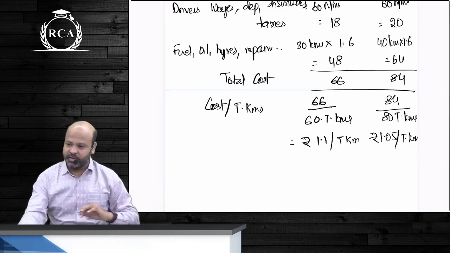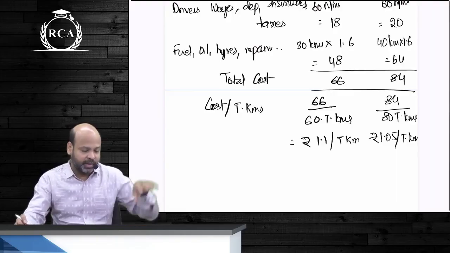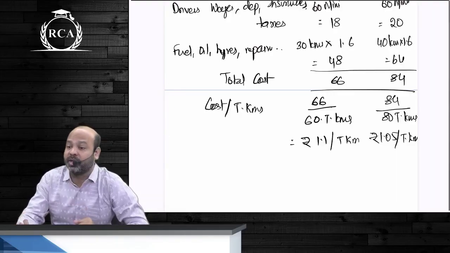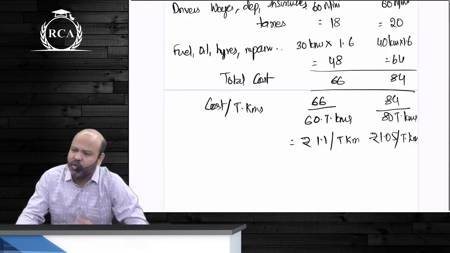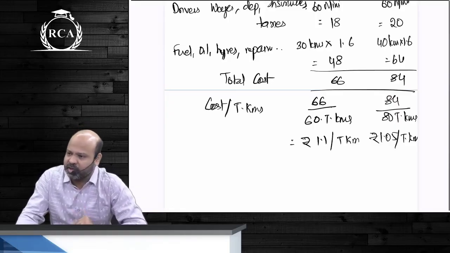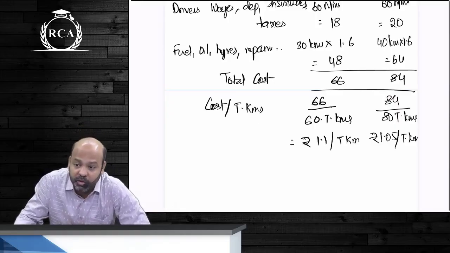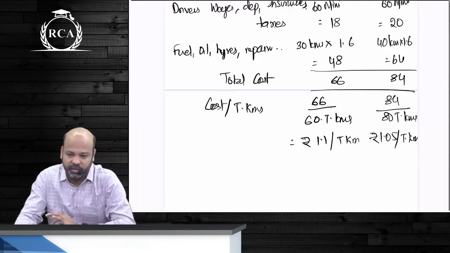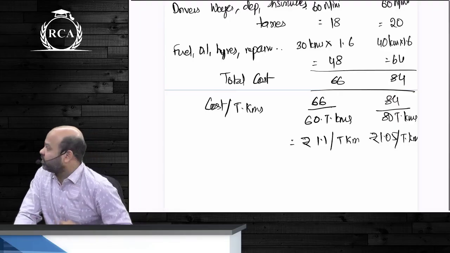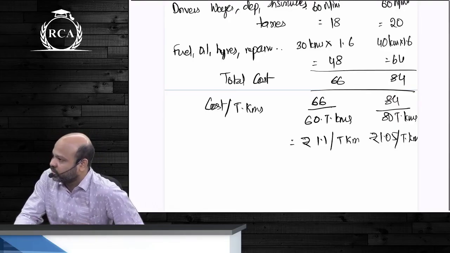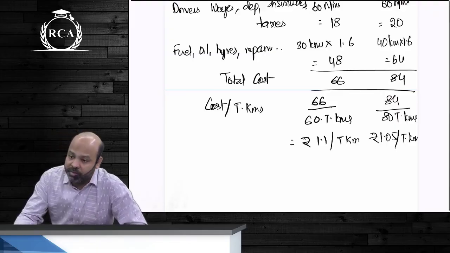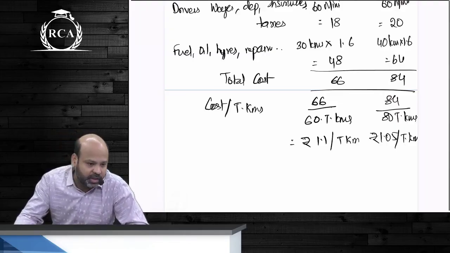Do one thing, guys: instead of buying 1 ton, guys, here from Hyderabad, buy it from Kashmir. The cost per ton kilometer will be lesser. Overall cost will increase, big deal, but cost per ton kilometer will be cheaper. No. Are you not carrying a load of 4 tons only in both the cases? The first one is costing us 66 rupees. The second one is costing us 84 rupees. Our cost per ton is more important as such, guys.